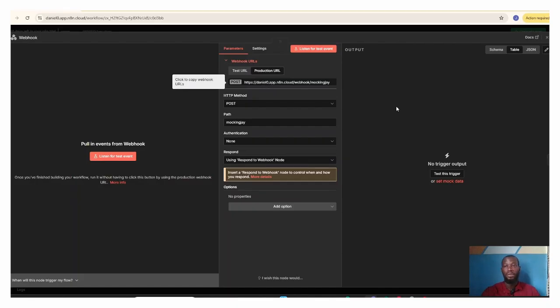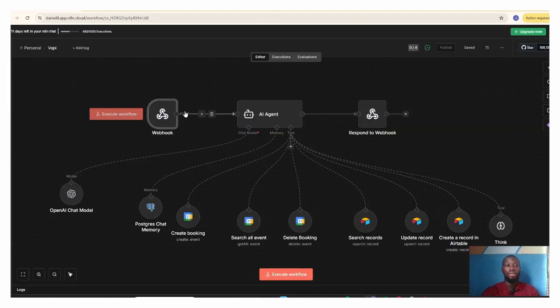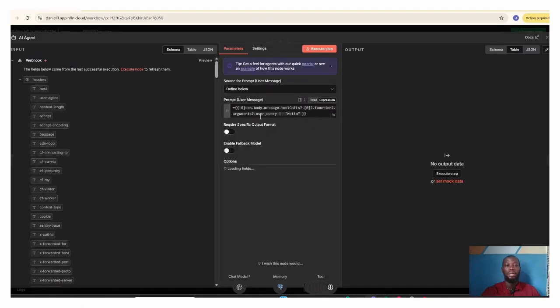Very important, because if you're using the test URL, once you do the test run and it sends the information to the webhook, it will stop, and by the time I reply to it again, it will not work. So it's very important that it has to be the production URL. So the next thing you need to do is create your AI agent, and then